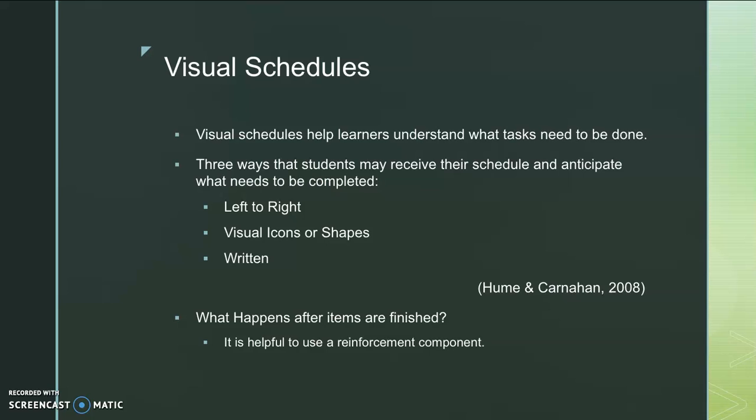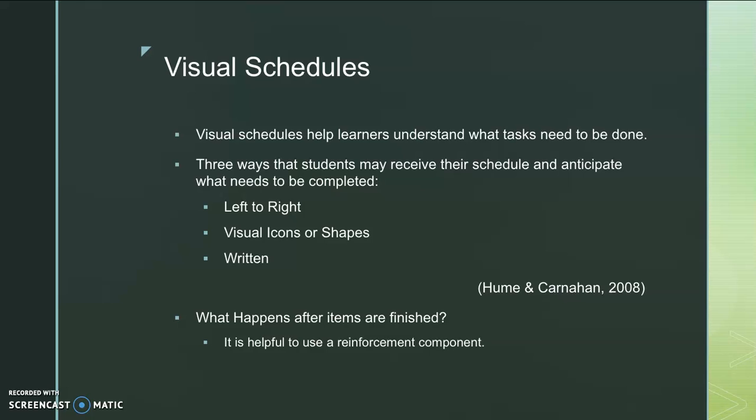Visual schedules. Visual schedules help learners understand what tasks need to be done. For example, adults use checklists when they go to the grocery store, so they know what items they may need at the grocery store. There are 3 ways that students may receive their schedule and anticipate what needs to be completed, including